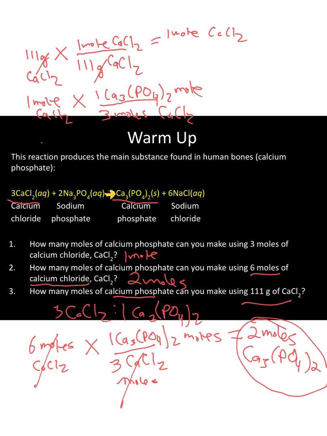And the moles of calcium chloride will cancel out. 1 times 1 is 1. 1 divided by 3 is equal to 1/3. And so the answer for calcium phosphate is 1/3 moles. All right, so